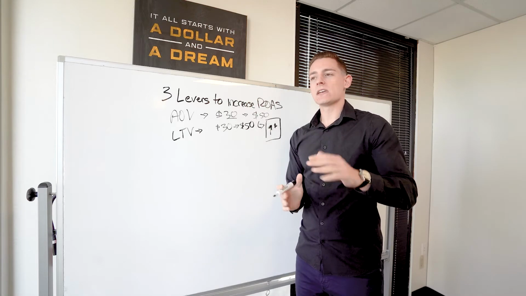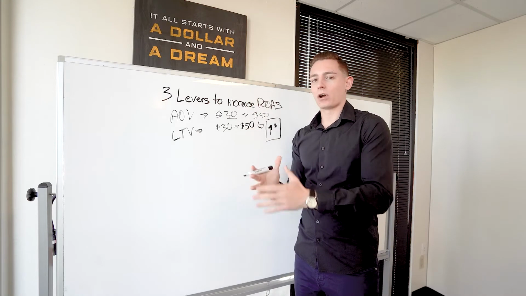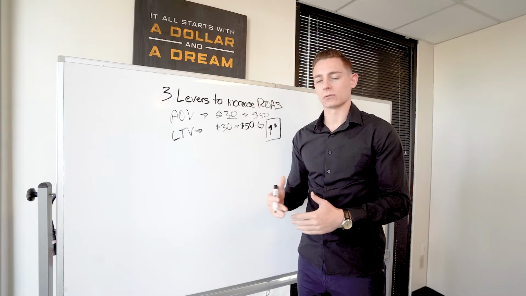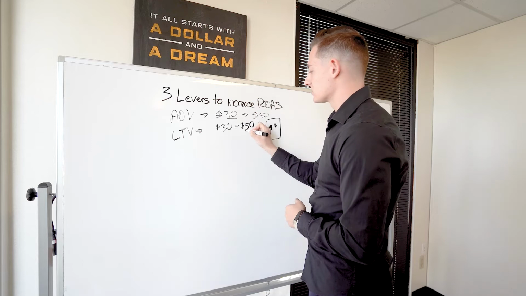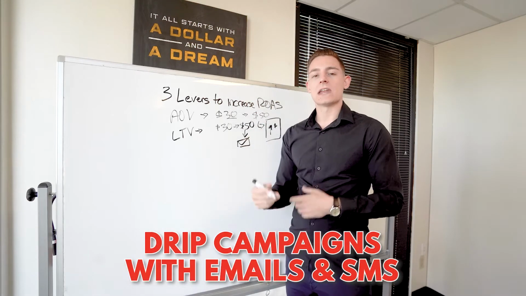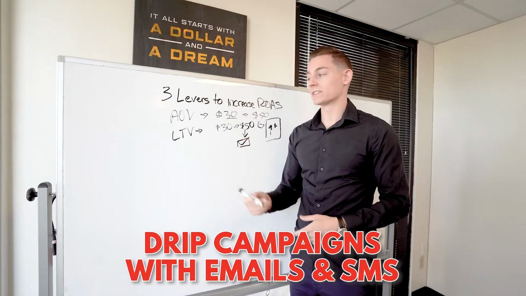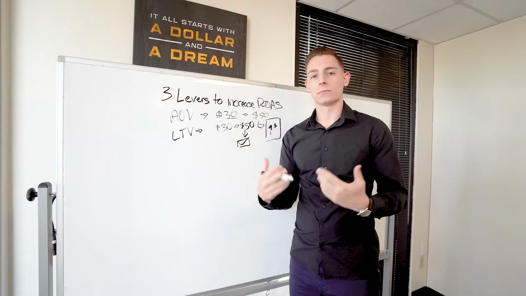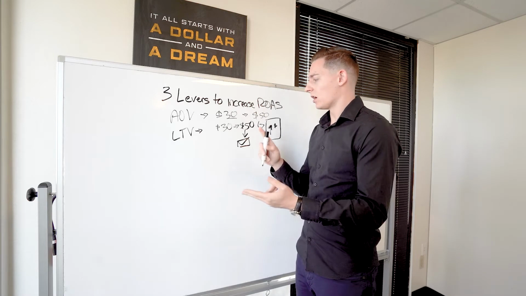Now, maybe they didn't buy that product because it was a little too pricey, or maybe they didn't buy it because they were just in a rush or something like that, right? So what you can do is actually drip them via SMS and via email over time and actually get more and more purchases from them. This is called your lifetime value. You can do this with a subscription model. Maybe there's a newsletter and a bunch of free content that you can give out,